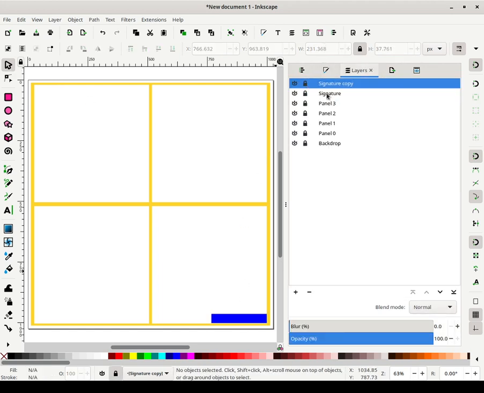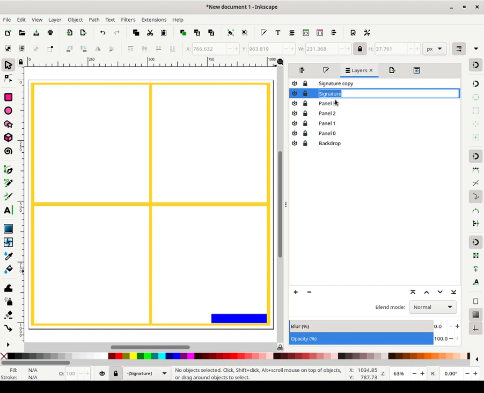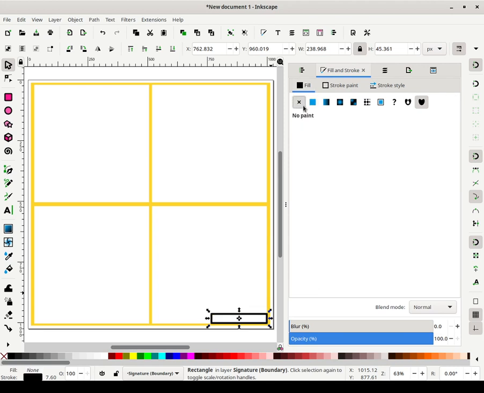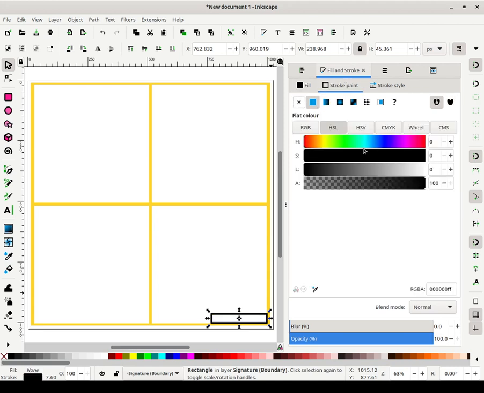And I'm going to leave this signature here as a blue rectangle, but I'm going to call this boundary. In fact, what I'm going to do with the blue rectangle is give it an outline and turn off the fill. So stroke is on, fill is off. Let me turn that back to a kind of bluish color.